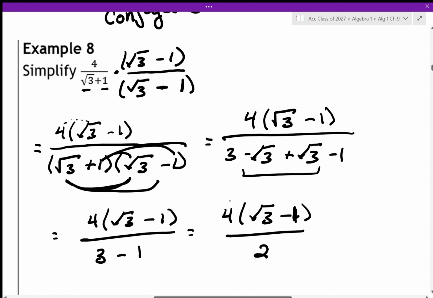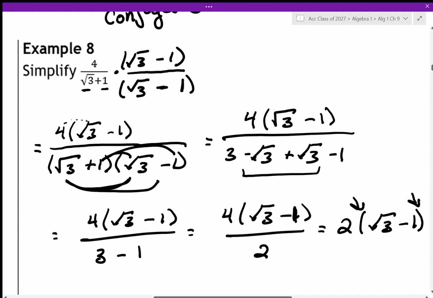And now, because this 4 is all alone times this guy, we can actually reduce this like it's just a plain old fraction. 4 divided by 2 is 2, and then I still have my root 3 minus 1. Right? And the only reason I was able to cancel there is because of these parentheses right there. If this over here was 4 root 3 minus 1, you could not cancel because there's no parentheses and the 4 doesn't belong to the negative 1 then. But here, the 4 does belong to the negative 1 because it belongs to both of them,